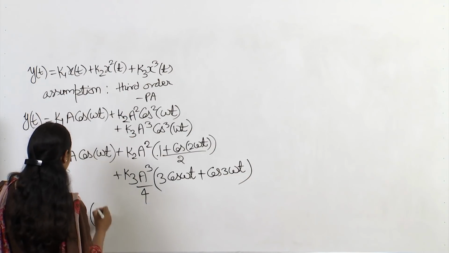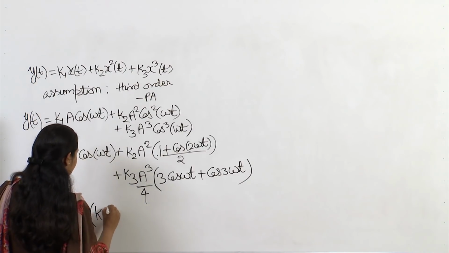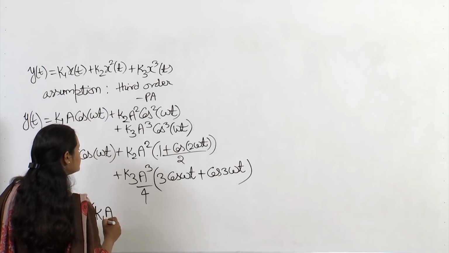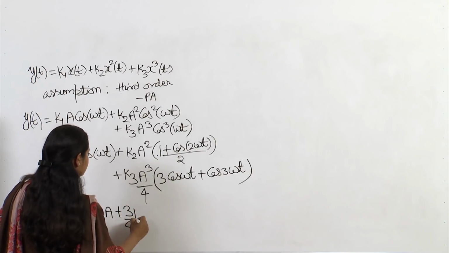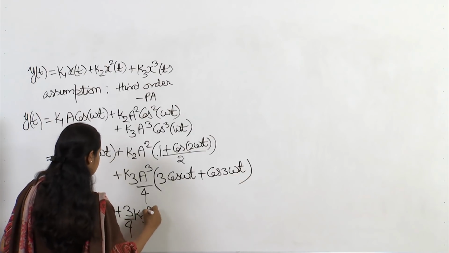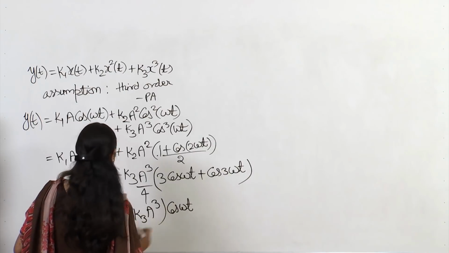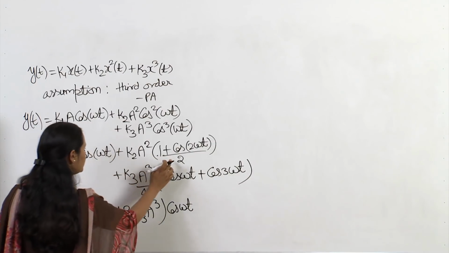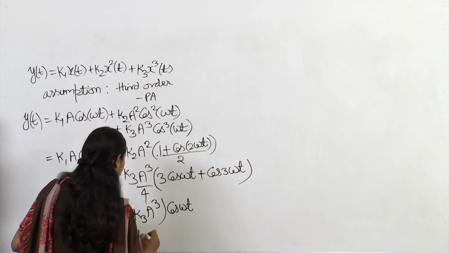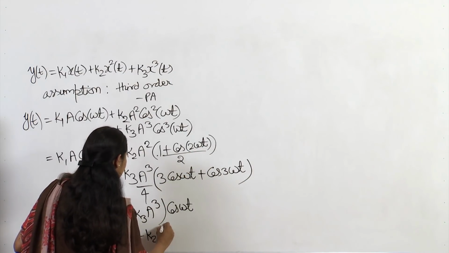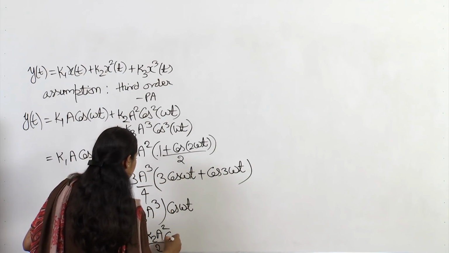Then we can collect the coefficient which is connected with our original frequency. And then we can collect the higher order terms. So we have two higher order terms, twice of the frequency, which is k2 A square divided by 2 cos 2 omega t,